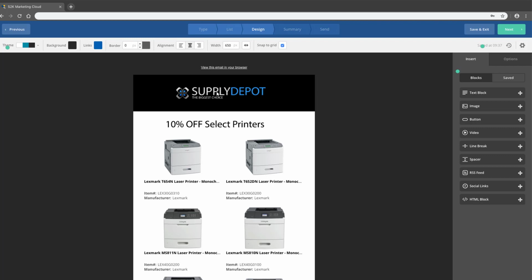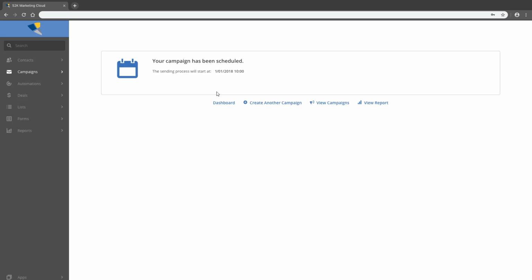So I'm selecting a very nice graphical email that I want to send out to my customers or prospects about these printers. Okay, so I basically at the end of it will schedule it, and I didn't go through all the options, guys, but you can basically schedule it, and now this has been scheduled on this date and time to go out to all my leads or prospects or customers, whoever I selected in my list. Okay, so what's going to happen is in the back office, if you look at the customer activity history, you're going to see that they were sent this campaign. So when you're talking with a customer, you can ask them, hey, did you get that email on the 10%